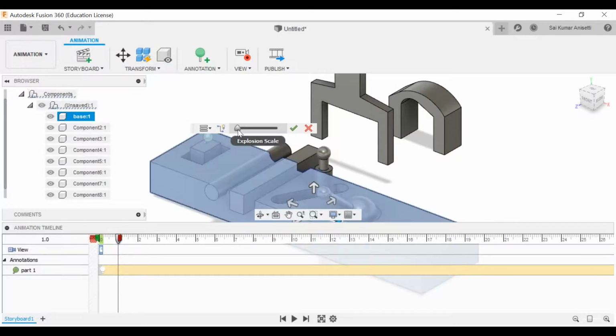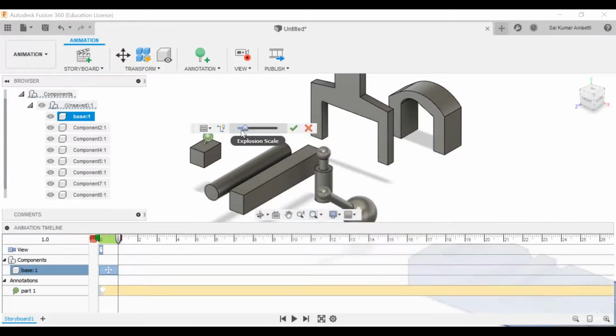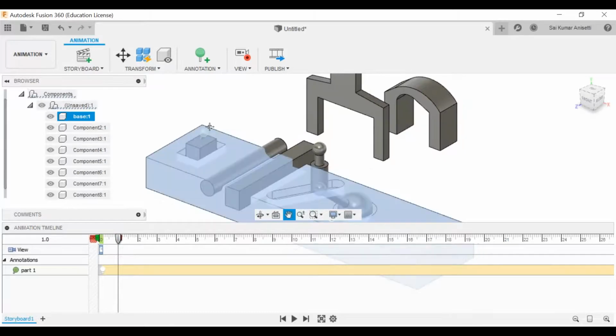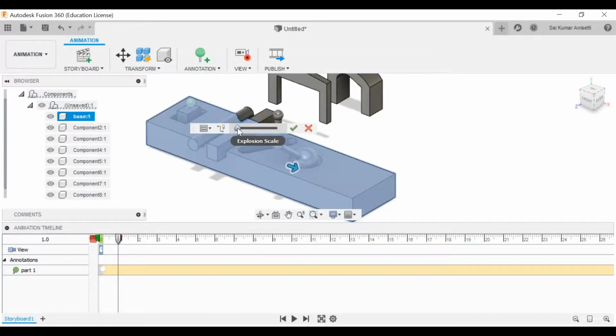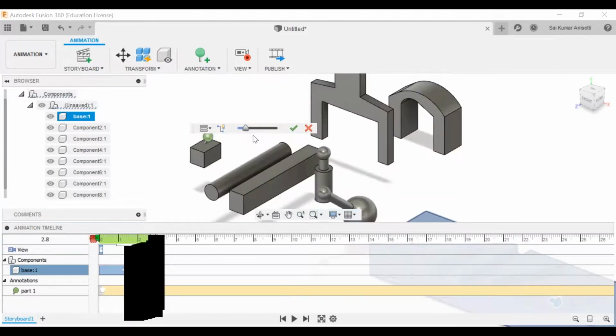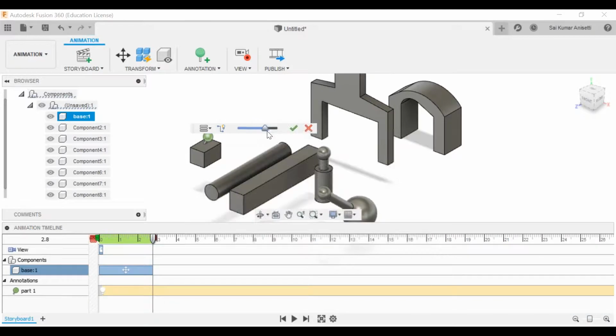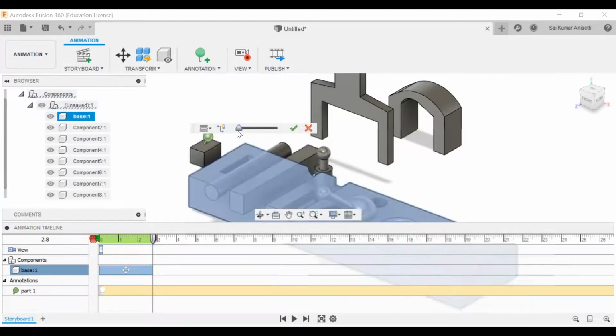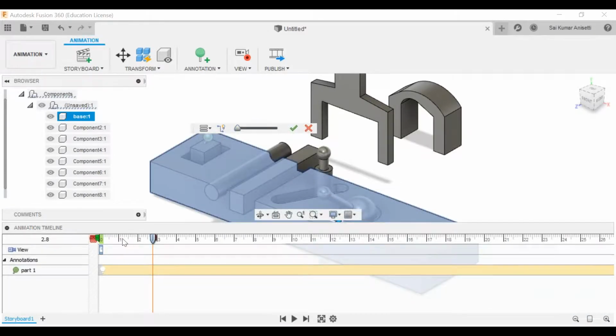If you want to manually explode your parts, you can just move your parts at this time frame. See, let me show it. At this time frame it is over here, and coming to my next time frame, that could be somewhere at this time frame it is 0, and just animate.